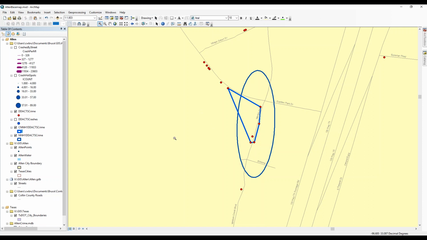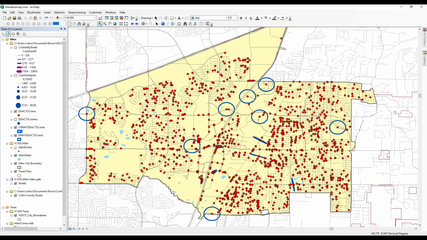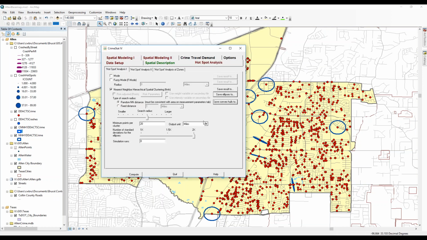Anyway, the problem we're seeing here on this map in general is that these hotspots are simply too small. Because there's so many dots in the map, it has to find points that are really close together to establish statistical significance of the proximity of those points. And so a more useful way of doing nearest neighbor hierarchical spatial clustering is to, if we don't care about statistical probability and we simply want to identify our top volume locations, use the fixed distance method here